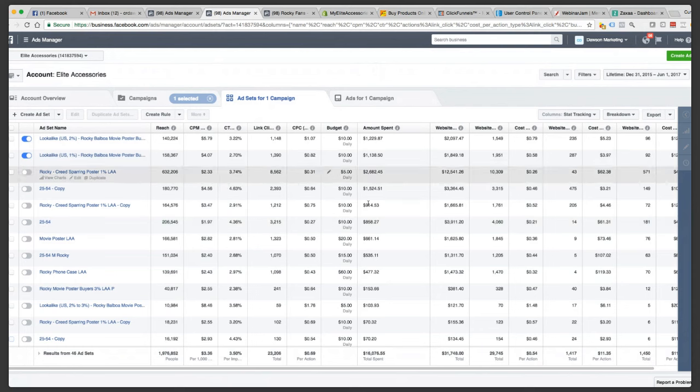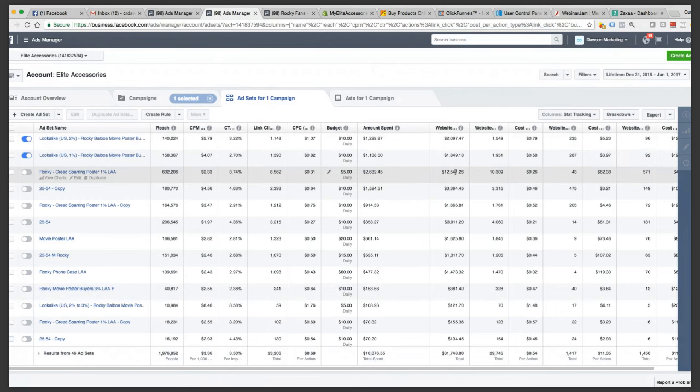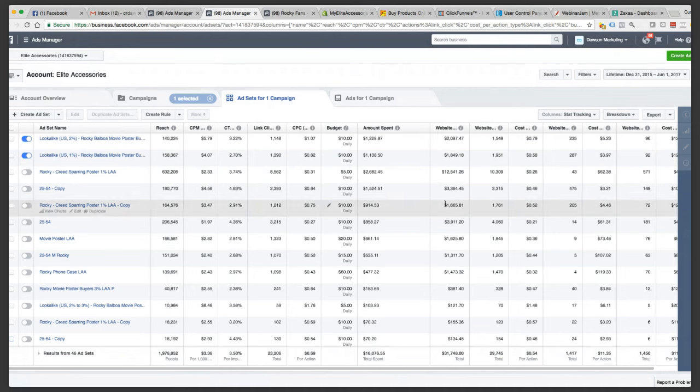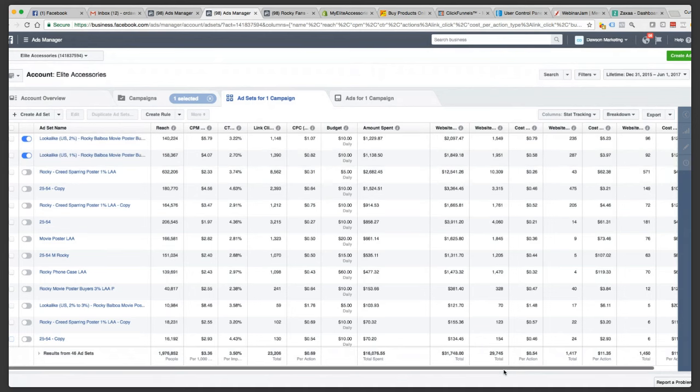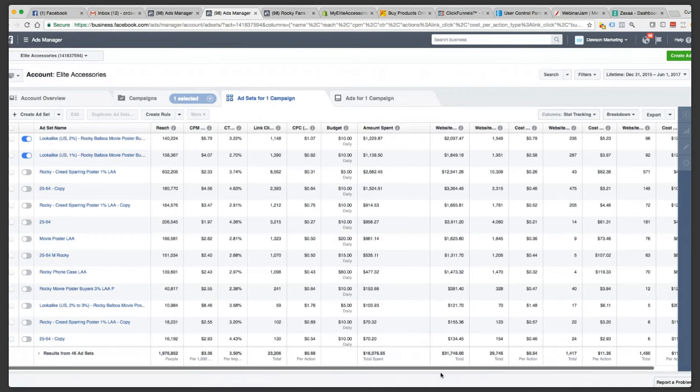Total amount spent for each ad set. Website conversion cost, or not cost, but sales that were tracked by Facebook for each ad set. And that's about all of the important information here that I really wanted to show you on this ad. So let's talk some numbers here, because again, I want to be completely transparent and show you guys what a successful campaign looks like. So the campaign, as I showed you on the screen a minute ago, generated